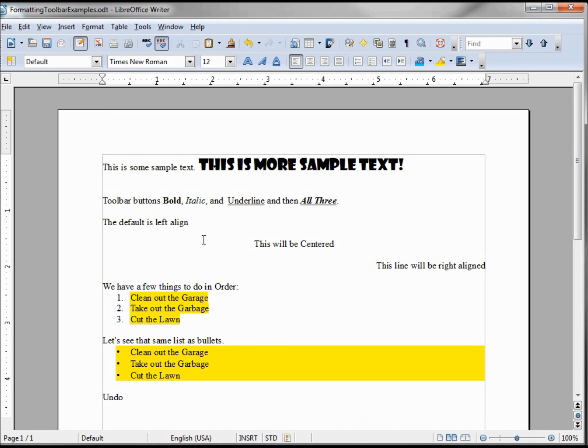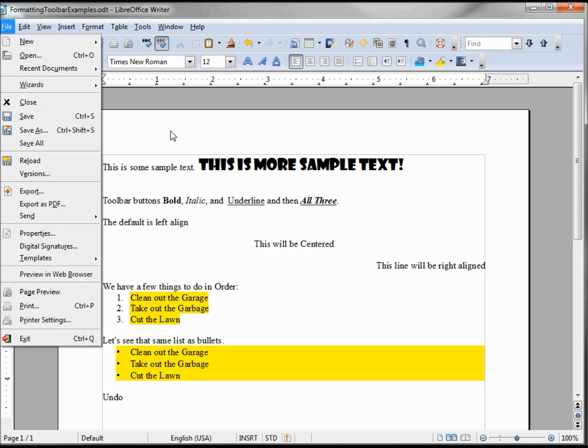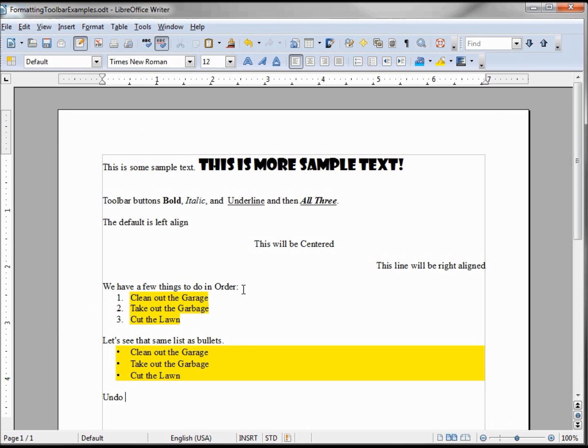So we can do it here or there or in the File Save or Save As if we want to save it as a different document name. So I'm going to double click this and it goes away. It's saved. This goes back to grayed out. So we have our document saved.